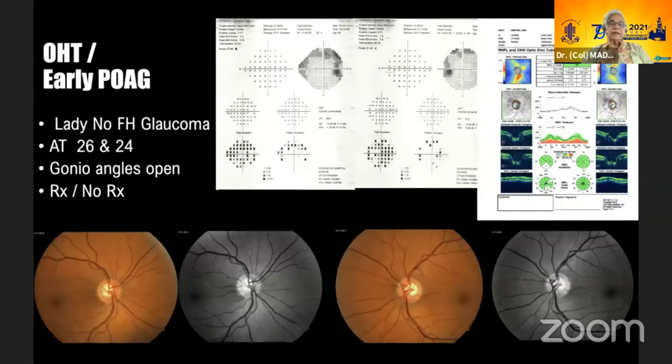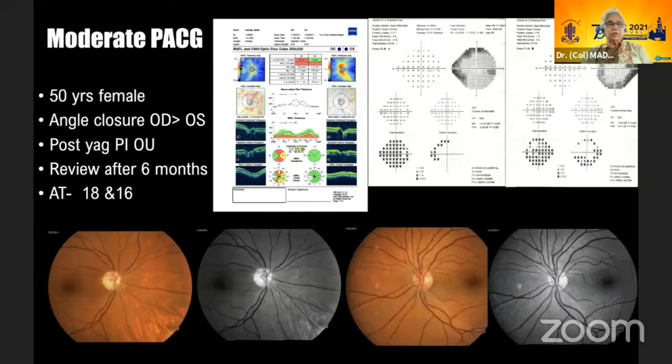Like you're seeing this picture over here. This is an RNFL change and it's correlating with the macula right there. So coming to OHT and early POAG, this is a dilemma which Mayuri brought out. Here is a lady who's got IOPs of 26 and 24, normal CCT, gonio angles open. She was not on any treatment. Now look at her disc. It is physiological cupping up front, but look at the fields. They're looking so awful. But when you look at the OCT, you will find absolutely normal RNFL. So if the RNFL is normal, by structure-to-structure correlation, we're dealing with an OHT and we're not dealing with early POAG.